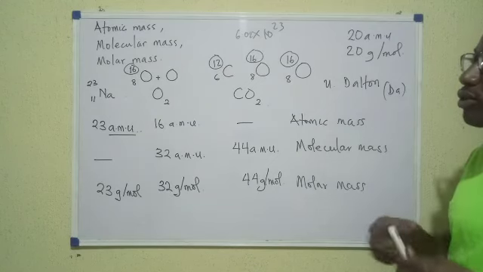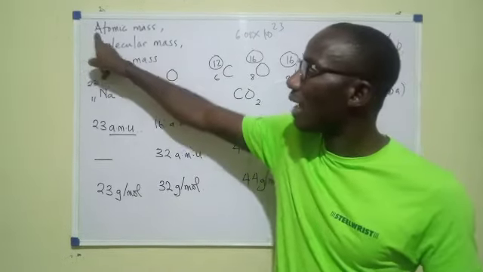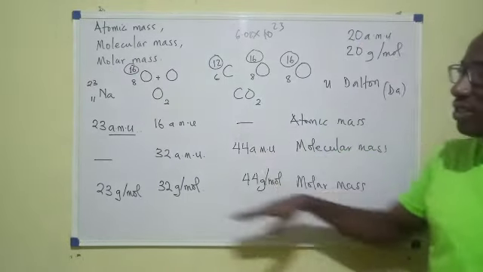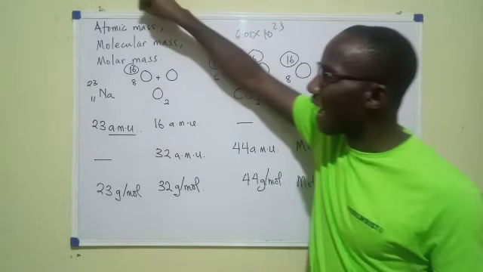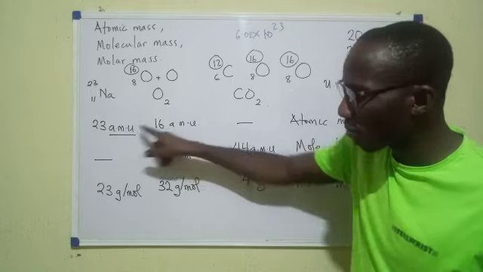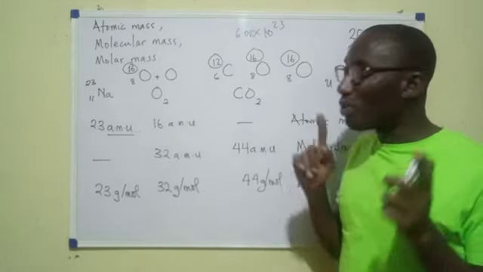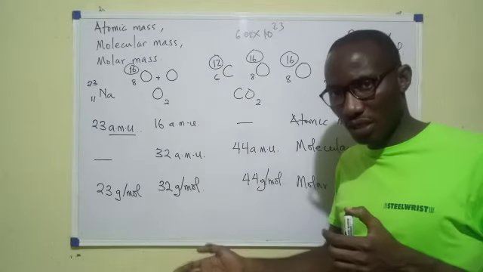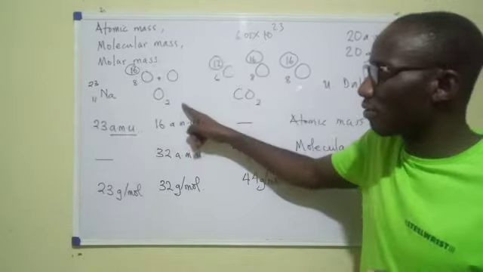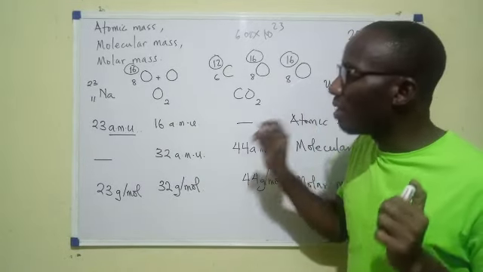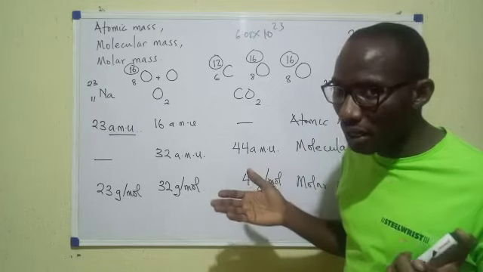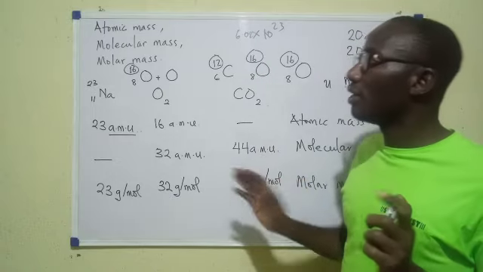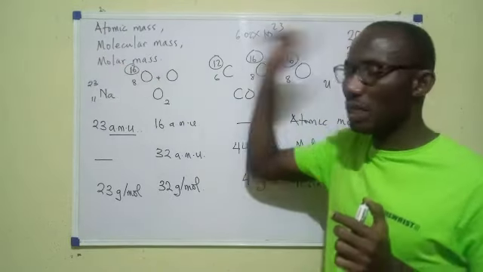But take note, you may also hear relative atomic mass or relative molecular mass. For any of these things on the board, to get the relative atomic mass, just take the atomic mass that you have and remove the unit, which means relative atomic or relative molecular mass would not have units. All right, so what's the relative atomic mass of oxygen? 16. What's the relative atomic mass of sodium? 23. What's the relative molecular mass of oxygen? 32. No units. All right, so relative, once relative enters there, the unit leaves.